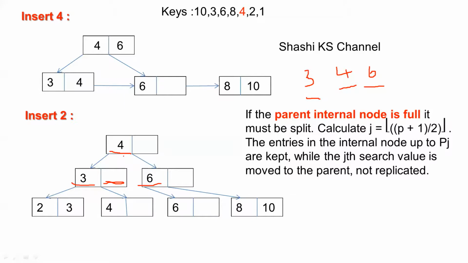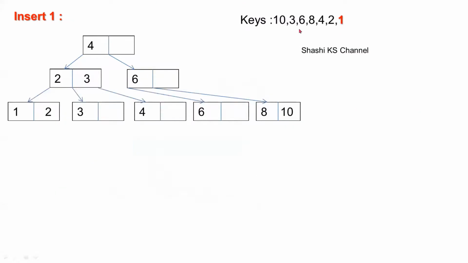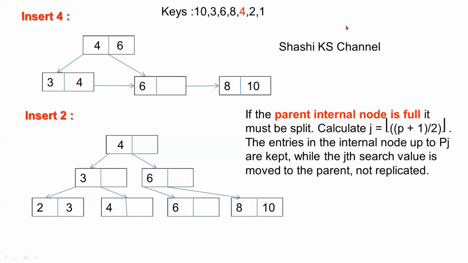The next one is the last insertion. So we had 3 insertions so far. The last insertion is 1. So when we try to insert 1, check out our tree. 1 is less than 4, so I traverse to the left tree of 4. 1 is less than 3, so I traverse to the left tree of 3. I have to insert 1 in this leaf node, which contains 2 and 3. Fine. Arrange these elements in sorted ascending order. I would be getting 1, 2 and 3.